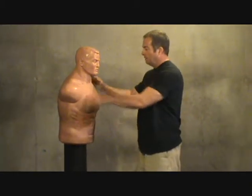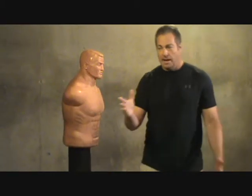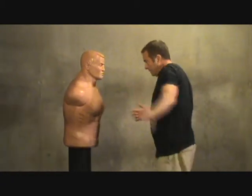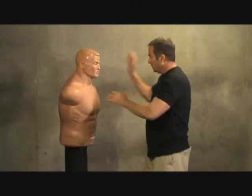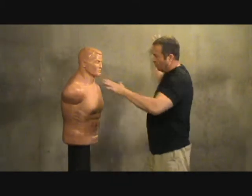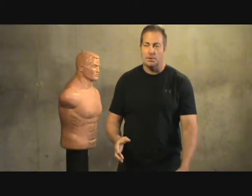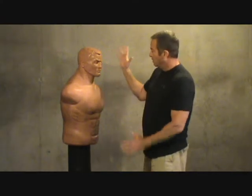But anyway, if you've got a BOB or even a flat heavy bag, the smack is the easiest thing to practice. You just come in. I don't have to take a full swing. I can come in from here and throw. It's just like throwing an overhand baseball. Boom. You just come in and smack down on the target,